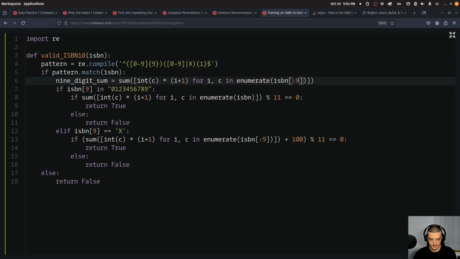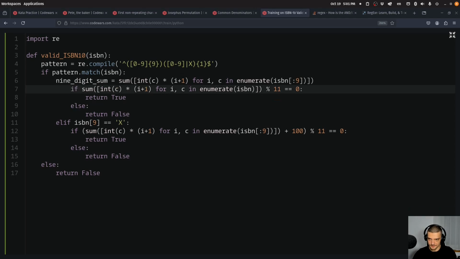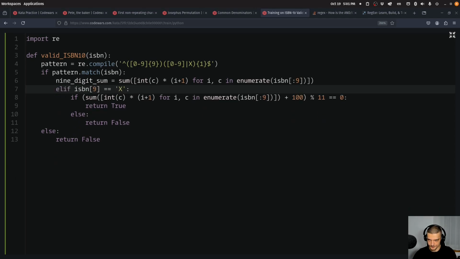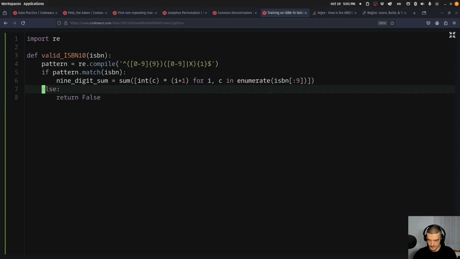So :9. And then I just have to say match. Can I use match here? I can say ISBN